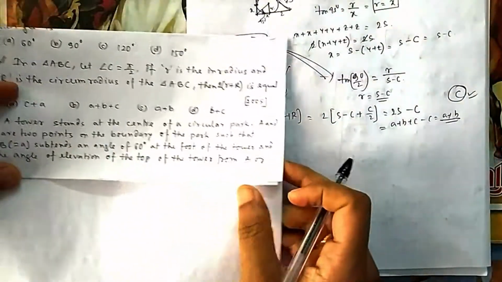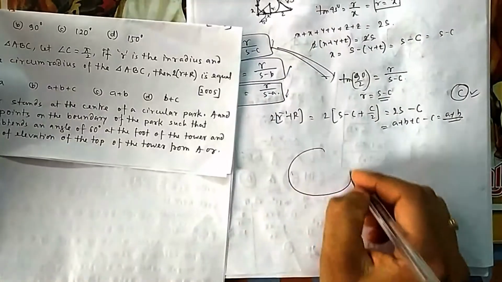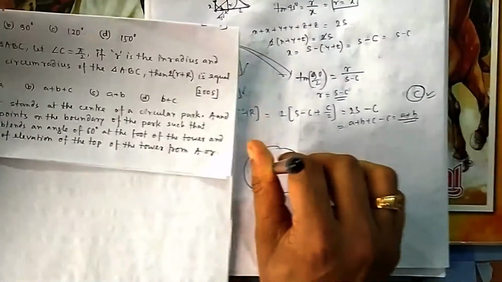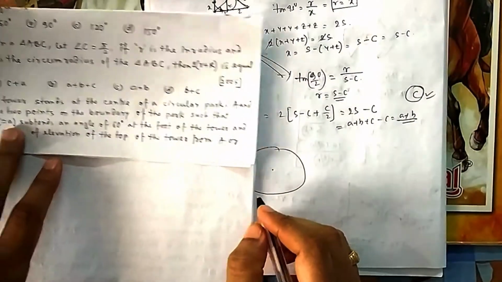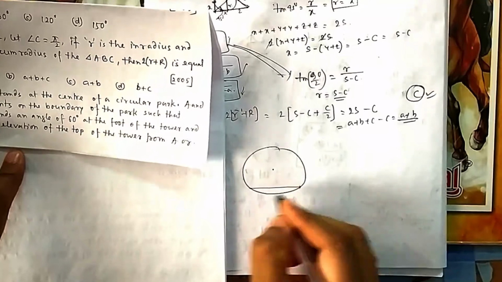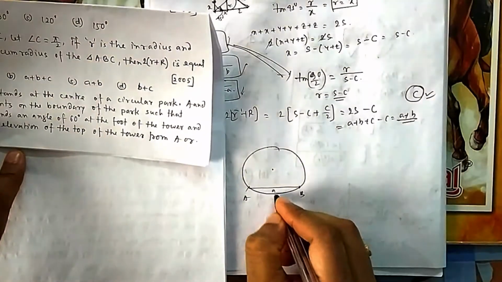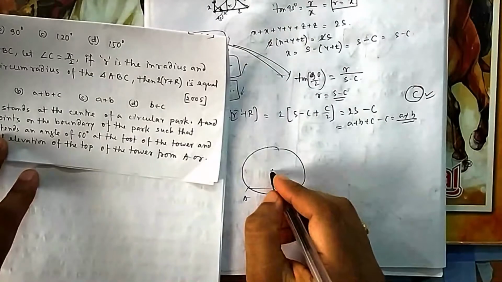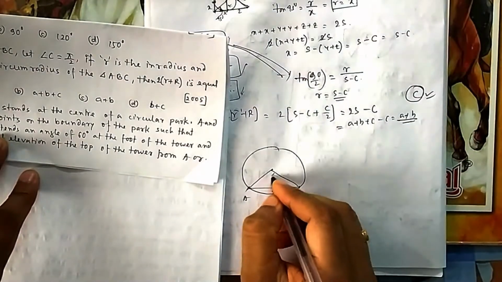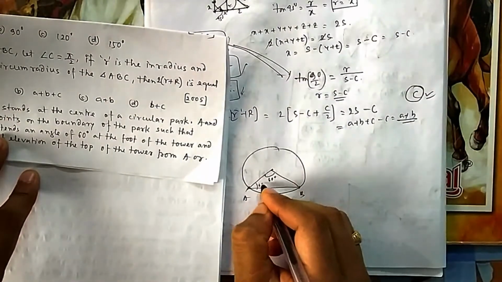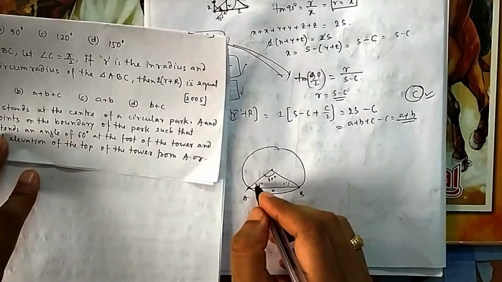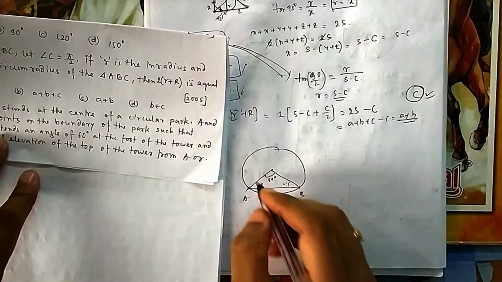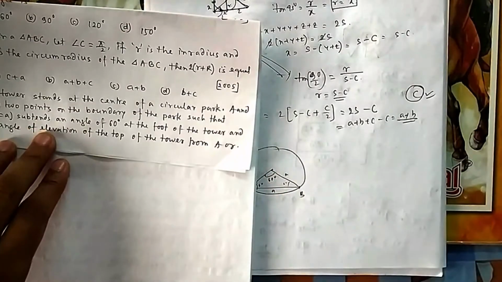Now in question number 7, what they are asking: a tower stands at the center of a circular park. So you have a circular park, and a tower is in the center of this one. A and B are 2 points on the boundary of the park such that AB, which is equal to length A, subtends an angle 60 degree. Once they give 60 degree, this also 60, this also 60, because it is a circle, this side and this side are the same radius, so all angles are 60, 60, 60, that means all sides are A, that we know.